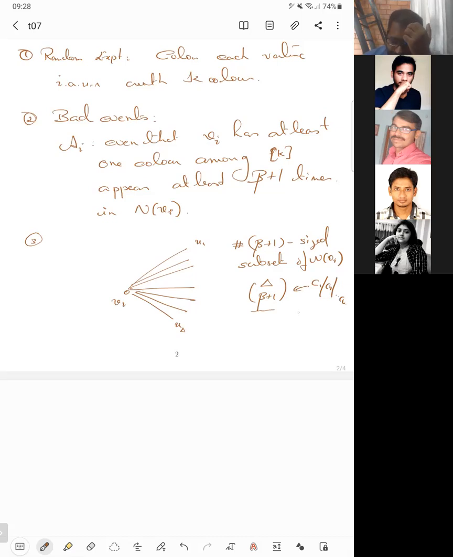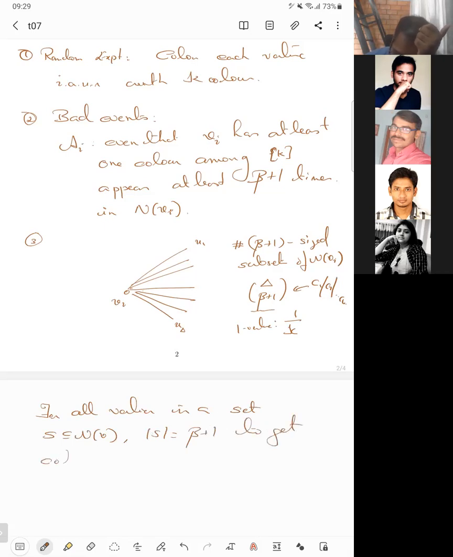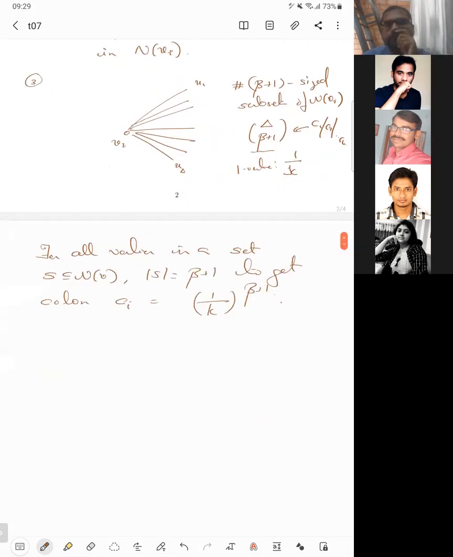For one vertex, it's 1 by K, right? I agree. So for all the vertices, it's 1 by K to the power beta plus 1. So for all vertices in a set S, a subset of N of B with cardinality of S equal to beta plus 1, the probability to get some color Ci is 1 by K to the power beta plus 1. Yes. So for P of A it will be